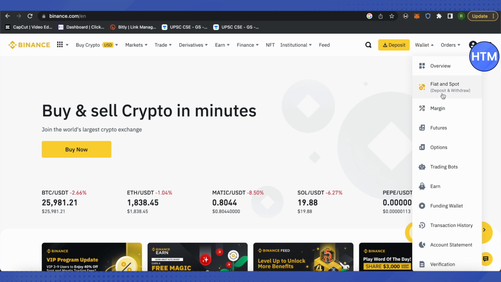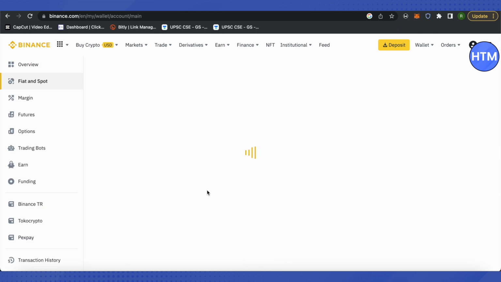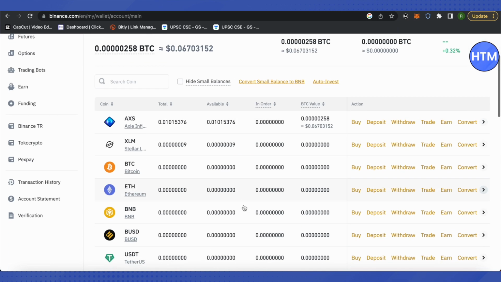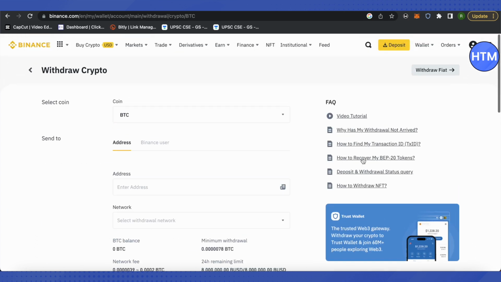your wallet, basically fiat and spot wallet, and then select the crypto of your choice that you want to send. Suppose you want to send BTC or Bitcoin. For that you need to click on withdraw on Binance, and then you would require Bitcoin address in order to